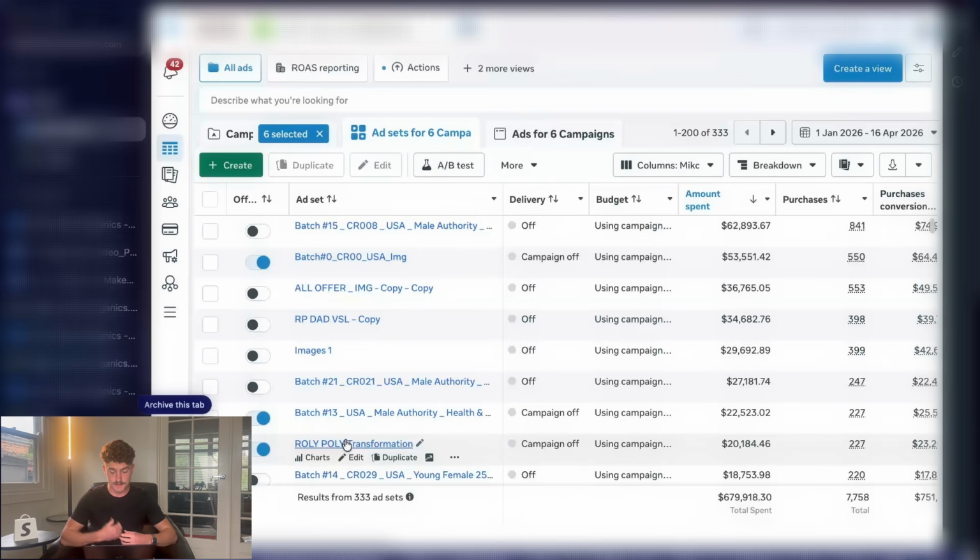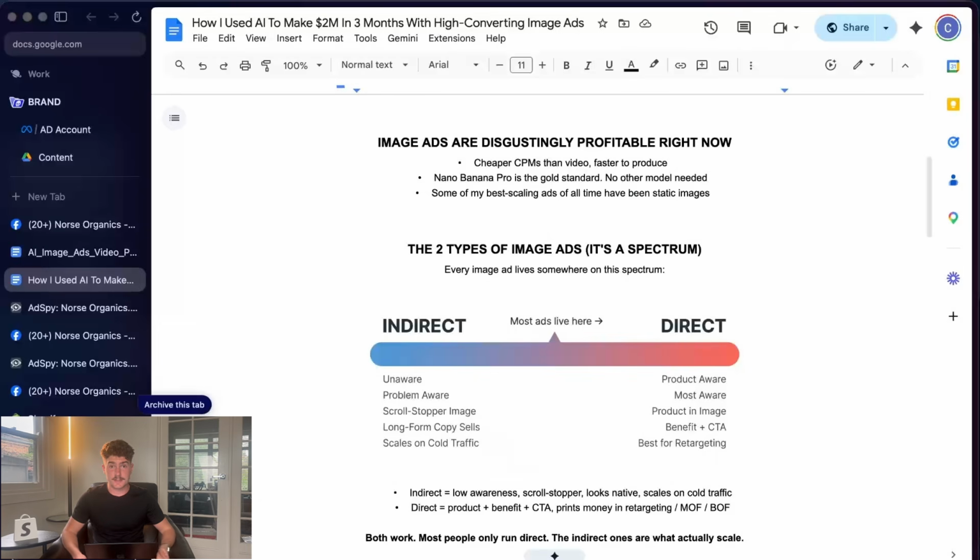Literally all you're gonna need for this is Nano Banana Pro. It's literally the best thing for creating image ads, and there's no other model that you're gonna need. And yeah, as I showed you guys before, some of my best scaling ads of all time have been from static images. So the first thing you need to understand with static and image ads is that it's a spectrum,